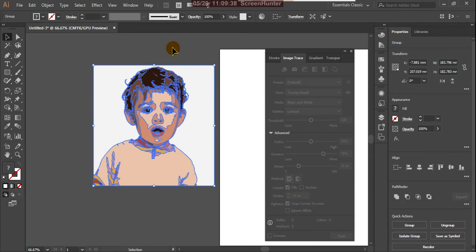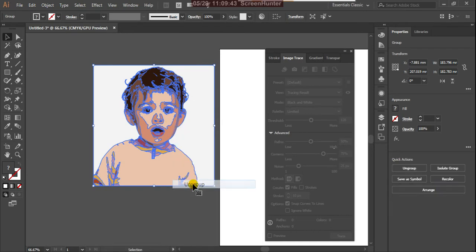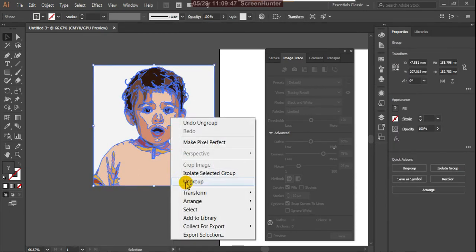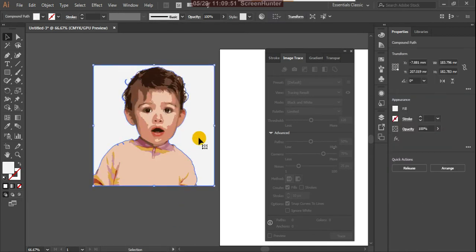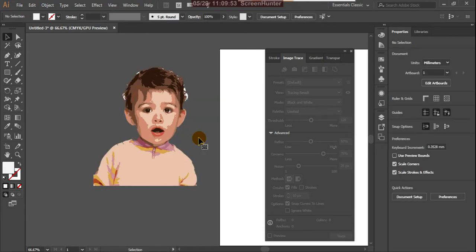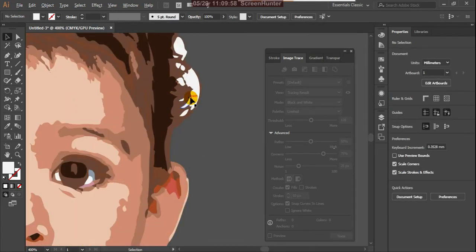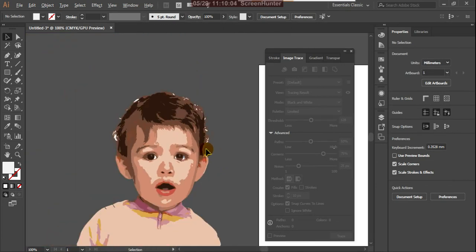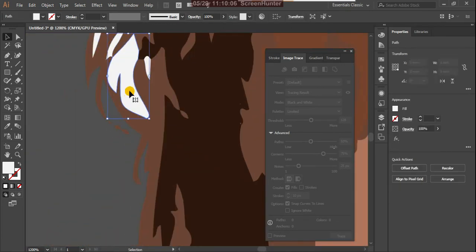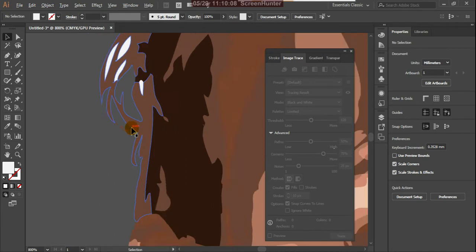Then click and ungroup them, because these whole pieces are in a group, just ungroup them, each part is ungrouped. Now you can try to delete this. Yes, the background I delete, and nicely the other parts remain the same. If you want more clarity, you can delete these parts bit by bit.